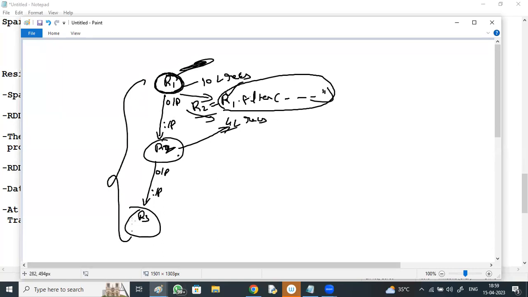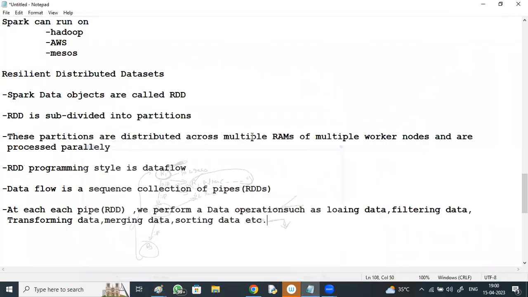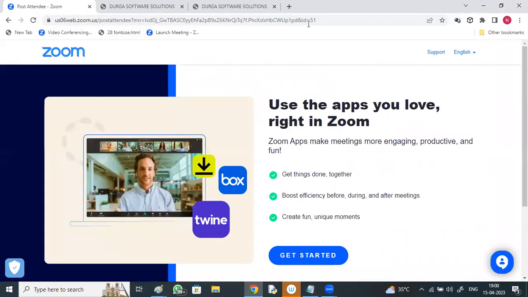This entire flow executes only if you perform an action. Otherwise, it won't execute. So in Spark, we have inbuilt transformations and inbuilt actions. We have mainly three types of transformations, and there are different types of actions. One by one, we'll be discussing them as part of this course. Fine, so just to go through the content of what we are going to discuss.